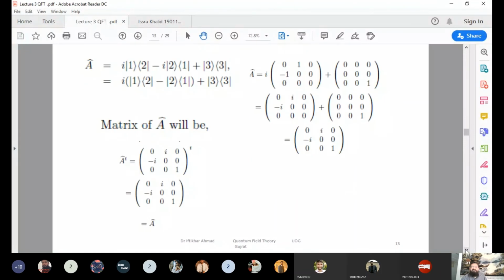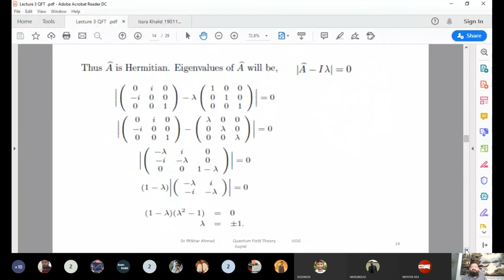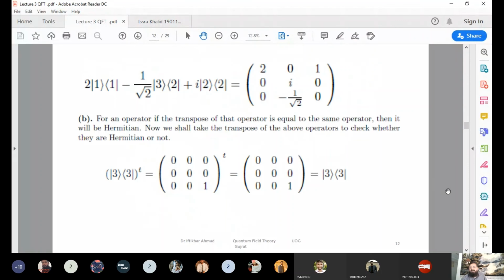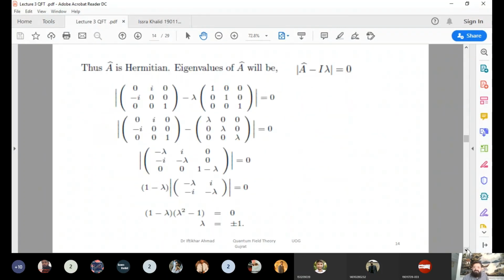Okay, next one. In the case of every operator, when you find the value of these operators, you can also find the eigenvalues and then eigenvectors, eigenstates. Okay, you can try it also. Find the value of eigenvectors and eigenstates and eigen